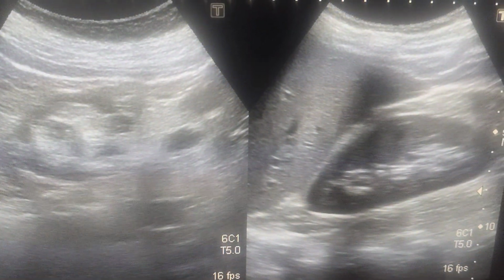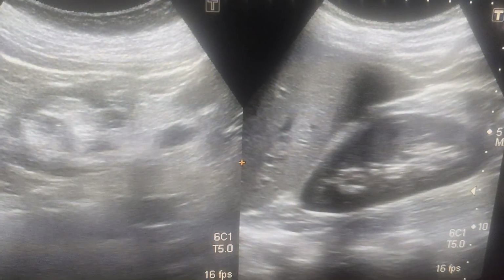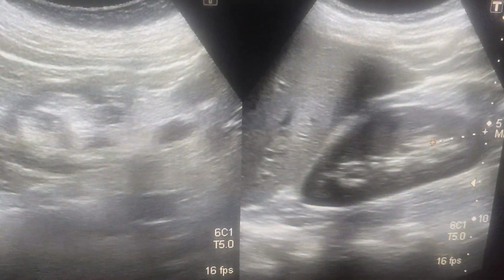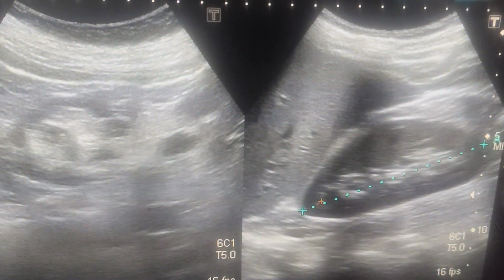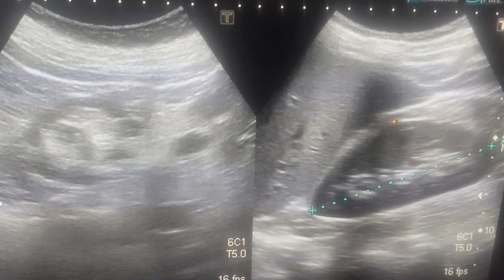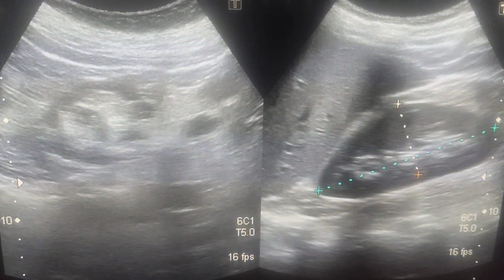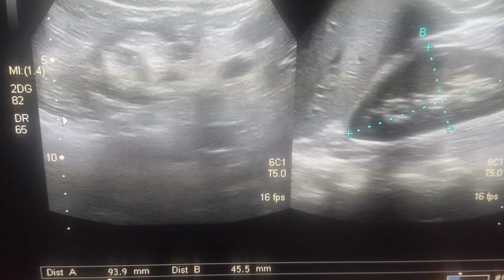Now we will see how to measure the kidney. This is a normal kidney. We measure length. Normal diameter varies from 8 to 12 centimeter. Width 5 to 8,